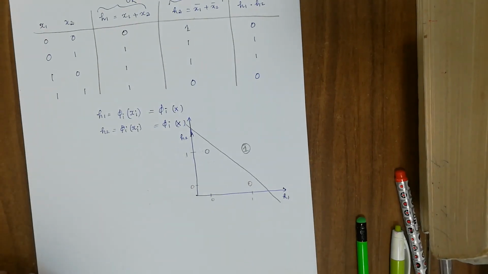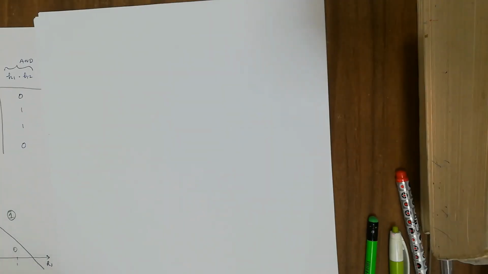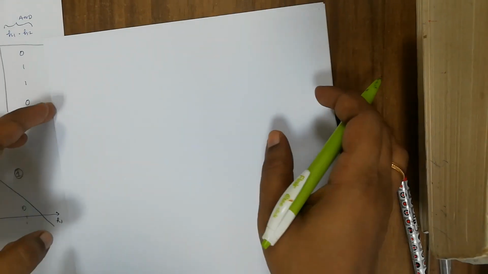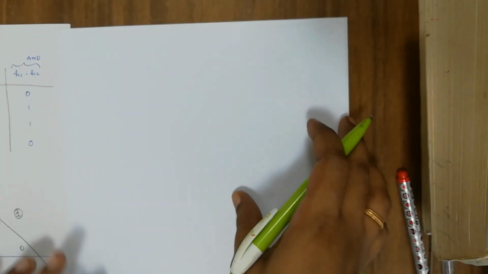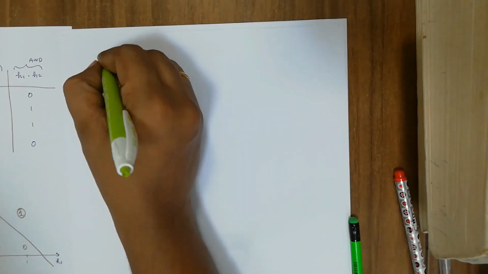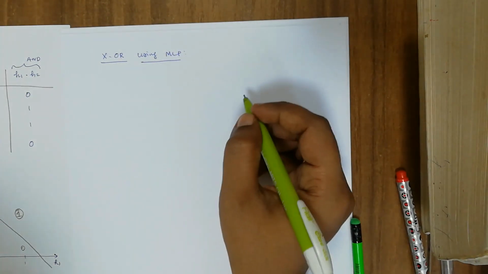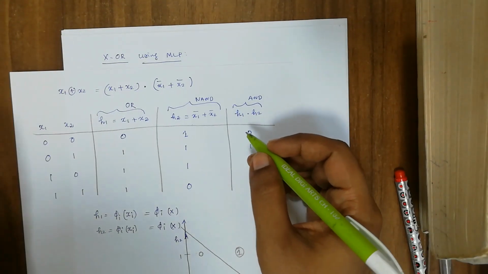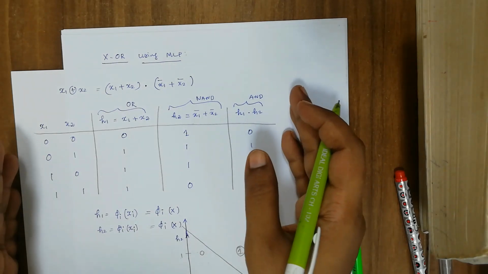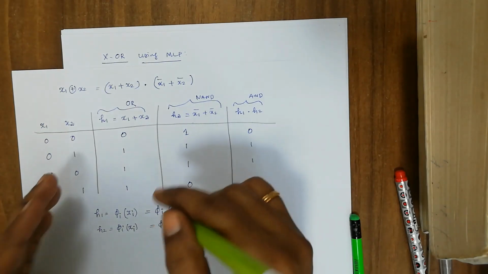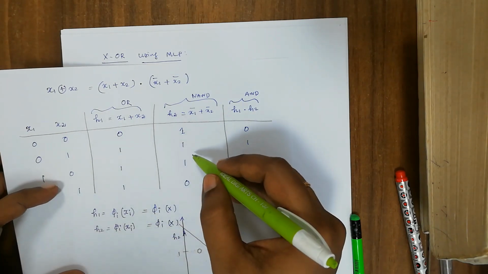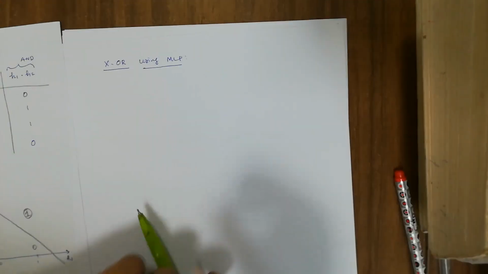Okay, so now what we have to do is design a multilayer perceptron, because using a single layer perceptron we cannot get the solution for the XOR operation. Now, XOR implementation using a multilayer perceptron. As I said, how many layers should we have? One layer for the input, one layer as the output, and one layer to do the operations H1 and then H2. Okay, so now let us draw that.